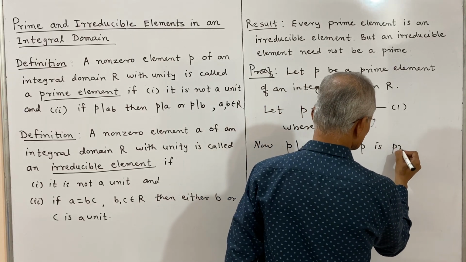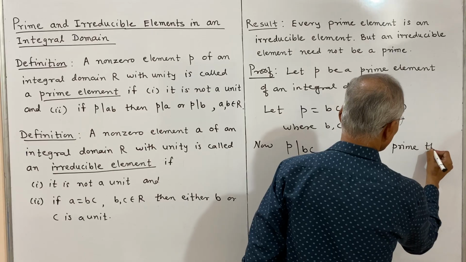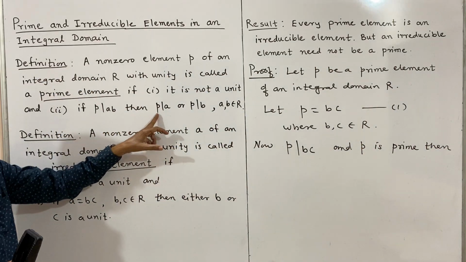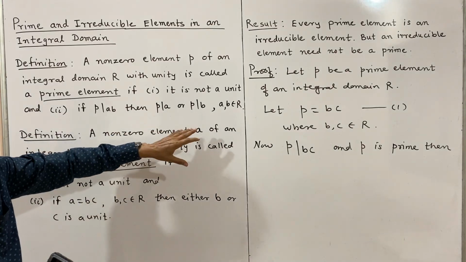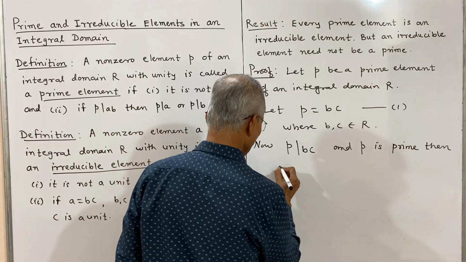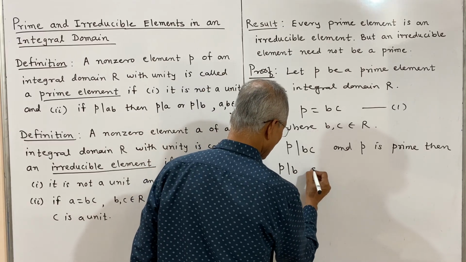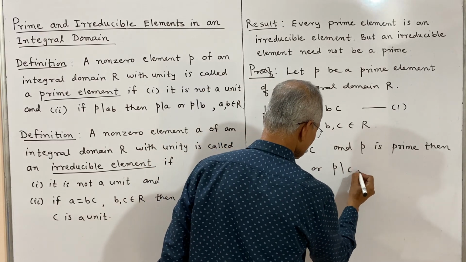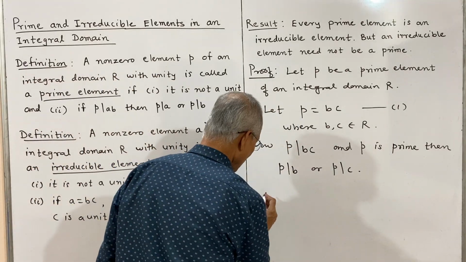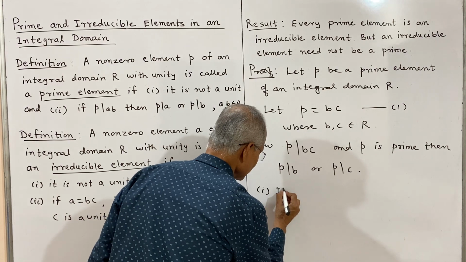Then by the definition of prime, if P divides AB, then P divides A or P divides B. Here instead of AB we have written B into C. Then P divides B or P divides C. There are two cases. Now the first case we shall consider: if P divides B,